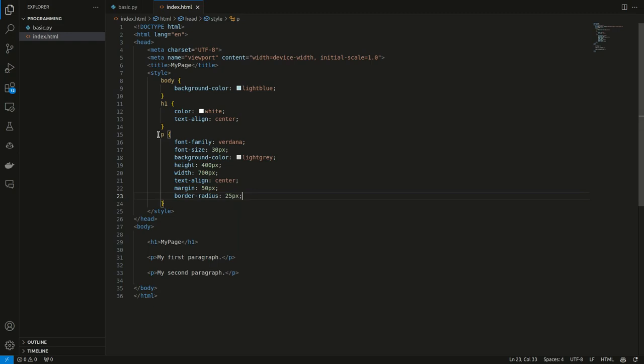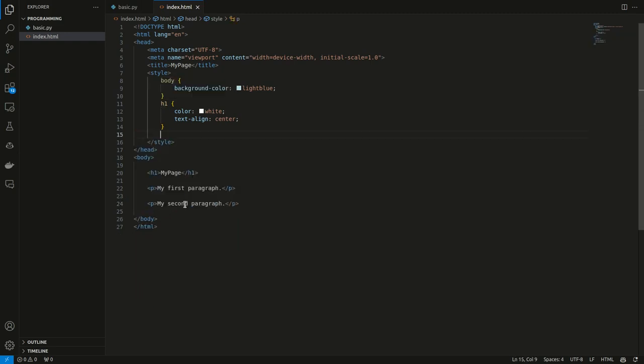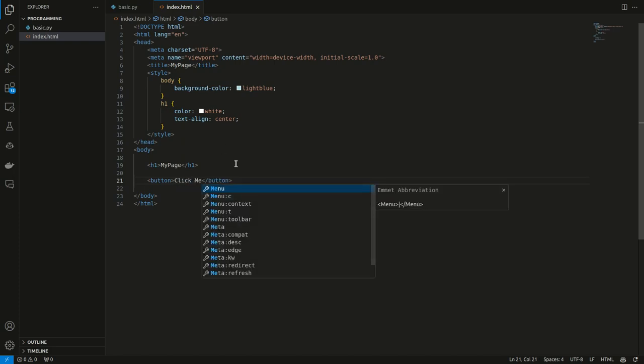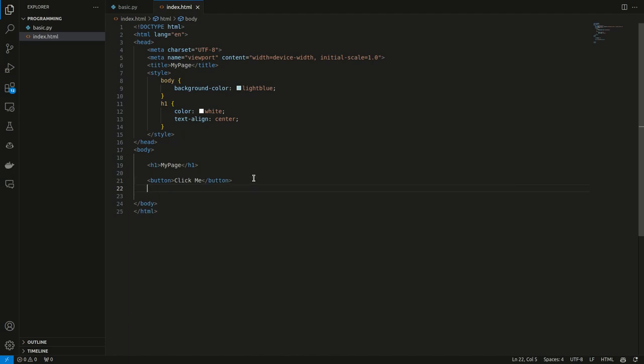Let me remove all of this. So here I just added 3 buttons that will do basically nothing.